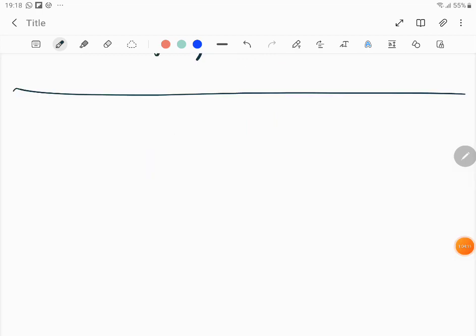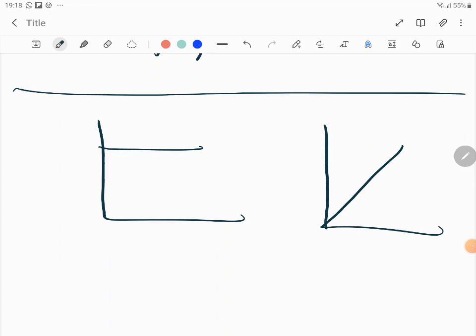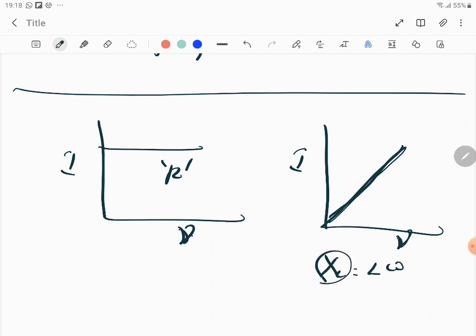So they have given two graphs. One is this, another is this, and they're asking what the circuit element should be. This is frequency and this is current. You know that current is constant only when it's a purely resistive circuit. Wait a minute, I have to think. XL is L omega, so XL is inversely proportional to I. So shouldn't this be capacitance?